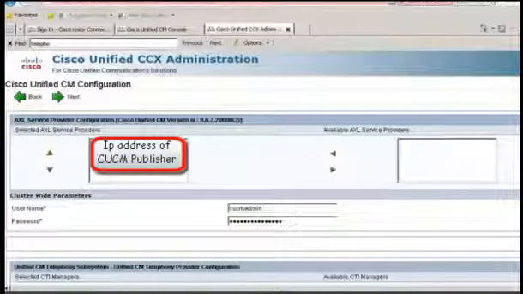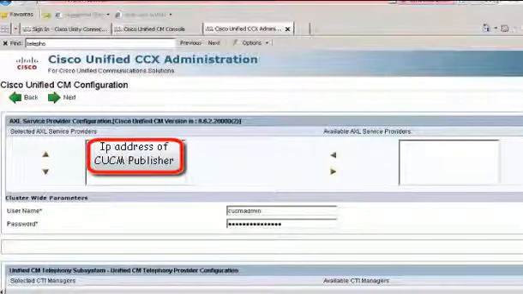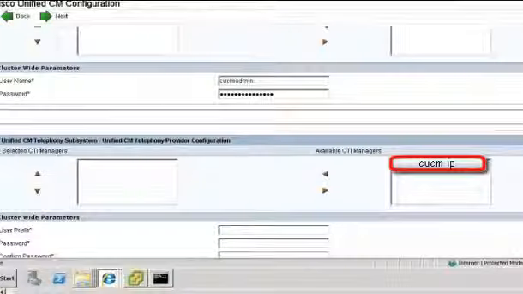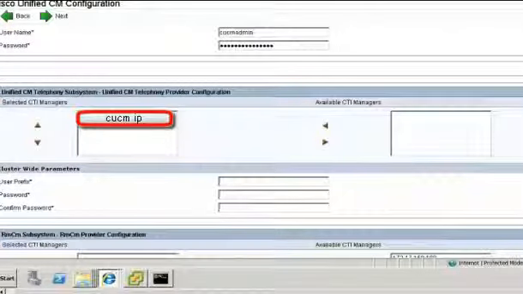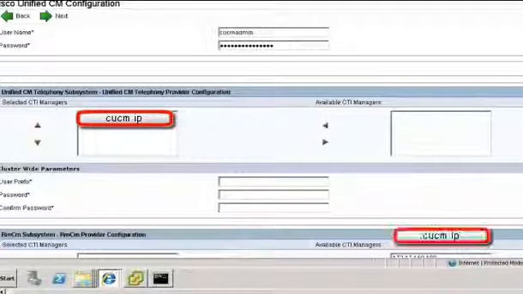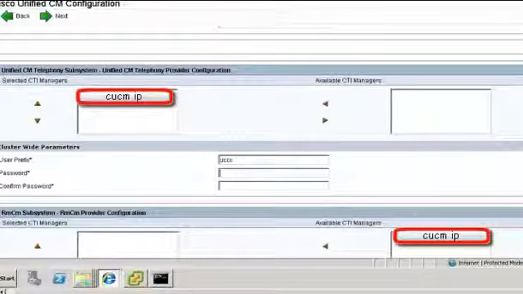First is the AXL Service Provider configuration. Here you define which call manager publisher is used to connect UCCX, along with the AXL username and password. Next is the CM telephony subsystem, where, in CUCM, if you go under Device, CTI ports, the user which you create here manages those CTI ports in CUCM and the JTAPI triggers.